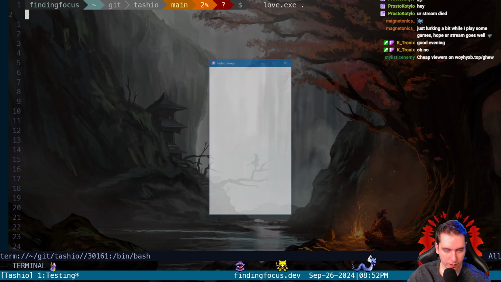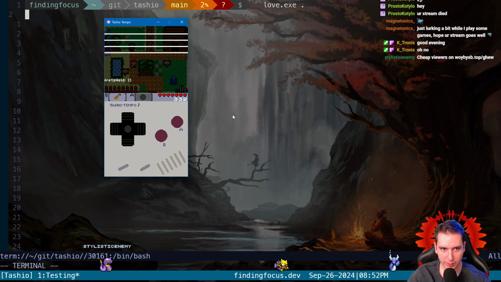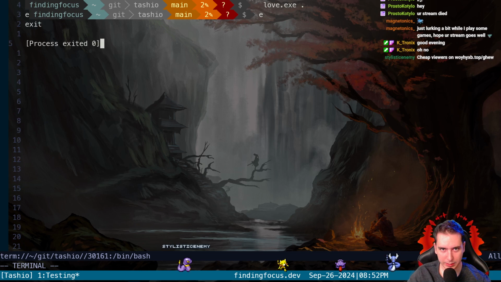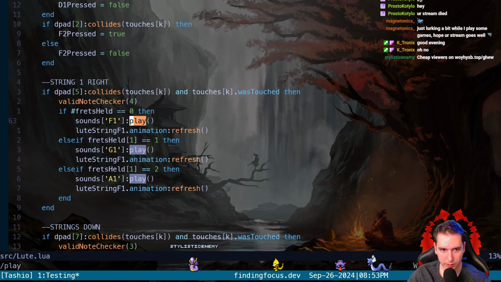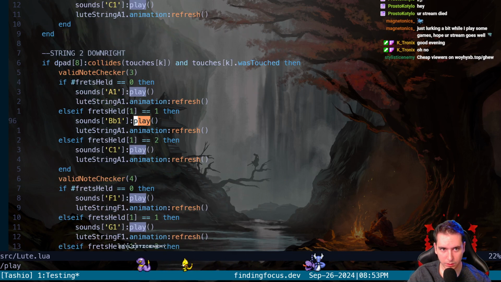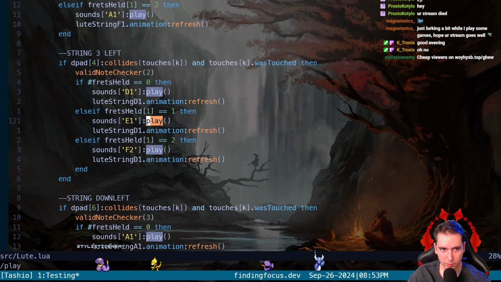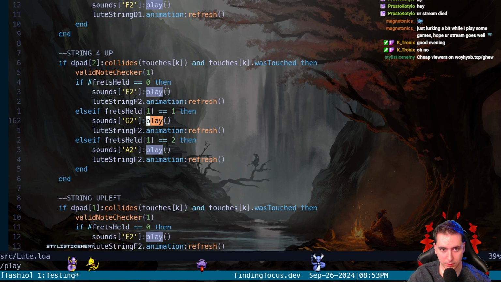I don't get why nothing's working. We can't render a string being pressed, we don't detect a fret being held, and we don't play any sound for it. So it's messed up on so many levels. We're playing a sound for touches here, and then we're playing a sound for... oh my goodness.